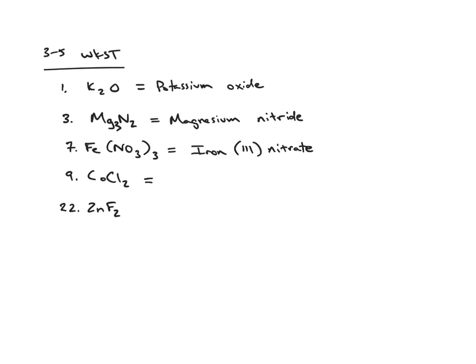Okay. Number 9, CoCl2. Co is cobalt. And cobalt is a transition metal with multiple charges, so we need to indicate what charge it's going to have, and we look at what it's bonded to. It's bonded to 2 chlorine atoms, chloride ions. Okay, so we can go ahead and write that part in, since that's going to be the second part of the name,